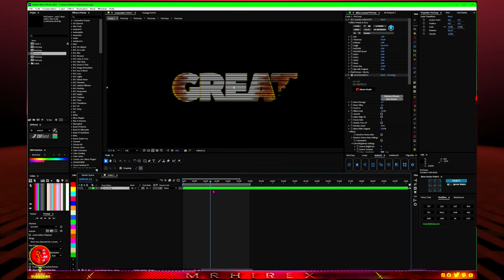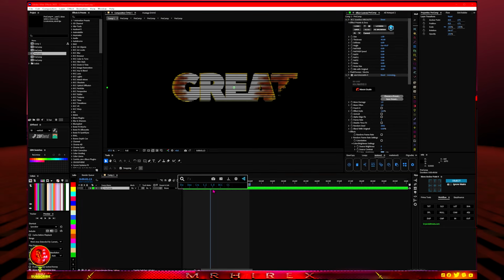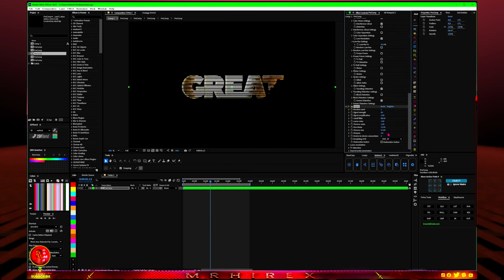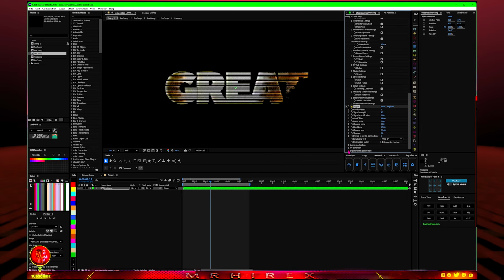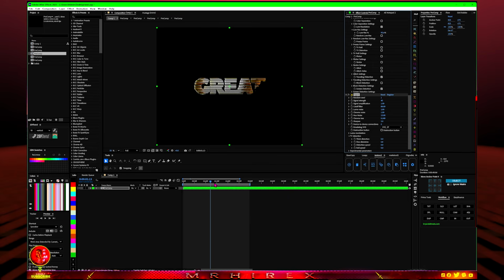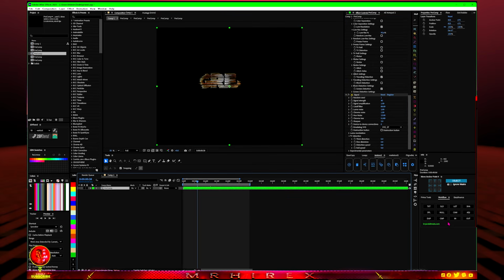Now you can add signal to this. So we have something like this. And now just go to TV distortion and just increase the fine distortion here. Recompose all of this,